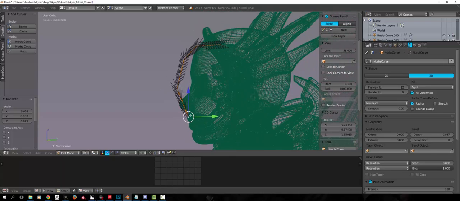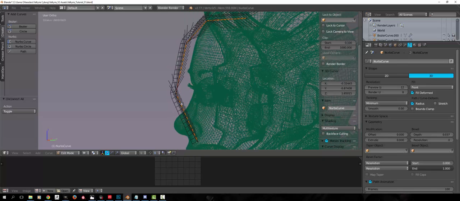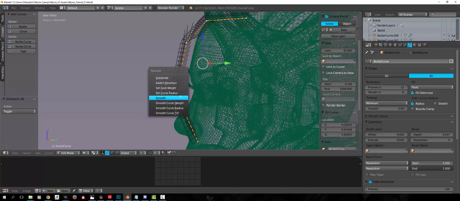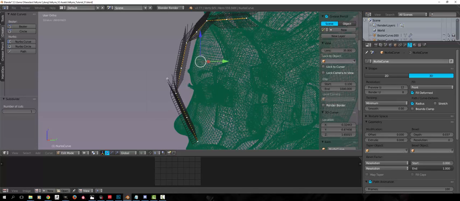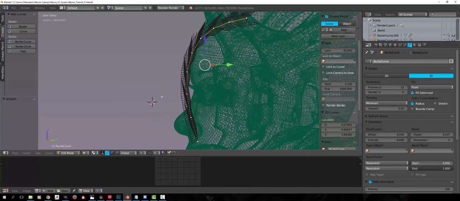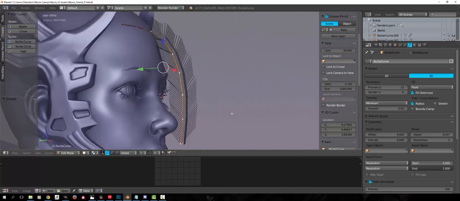But you can see it's very jaggy right now, very edgy, but that's because it's based on the vertices here for the poly strips. So what you can do is press A to choose all the vertices, press W, and then press subdivide, and then you just smooth it out a little bit, and you get a little bit smoother